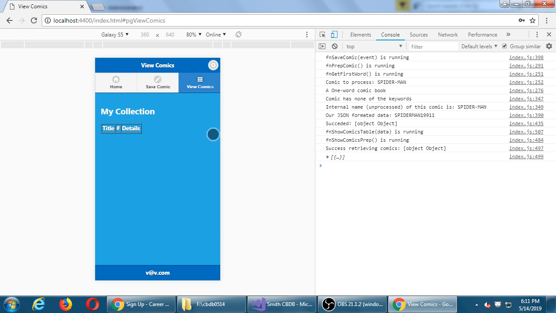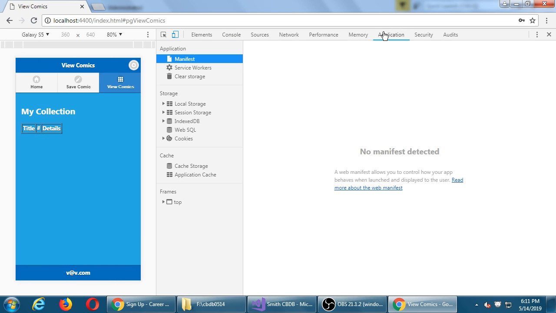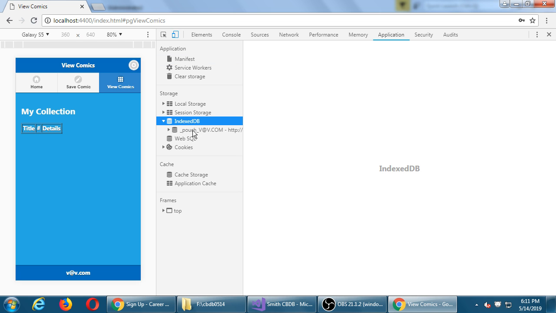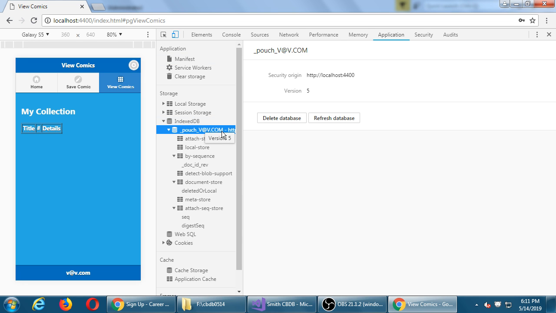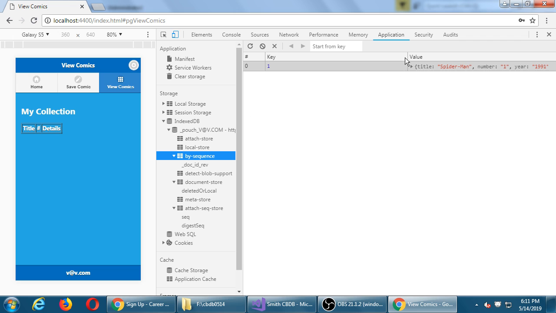This is where we last left off. Okay, we're saving stuff to the database, and we started to get our show comics function to start to do its thing. And so far, as you've seen here, I've got one thing in my database to retrieve. That is a simple output that says we've got one object, and I can confirm that in the application viewer, IndexedDB. This current user has their own account, v@v.com. If I look at my data by sequence, I've added one thing so far